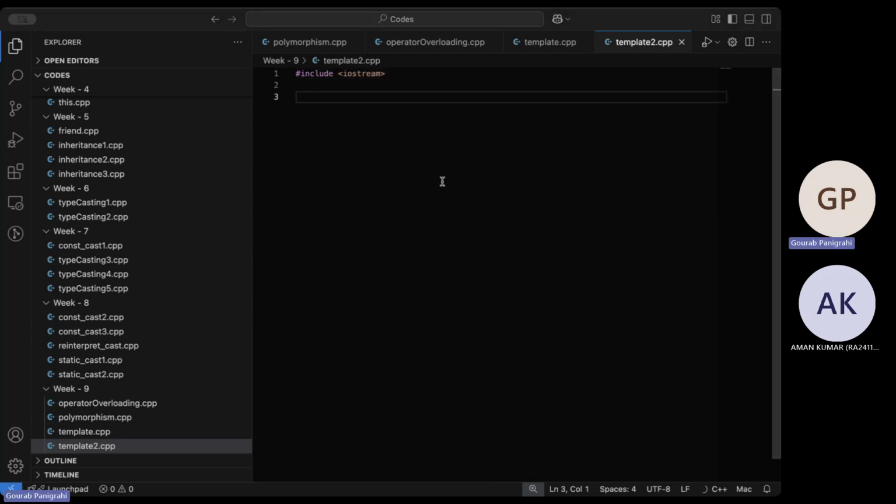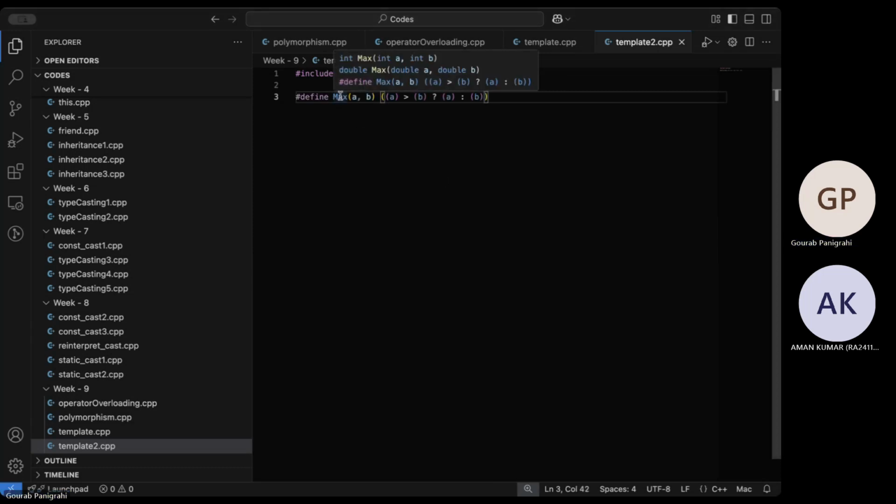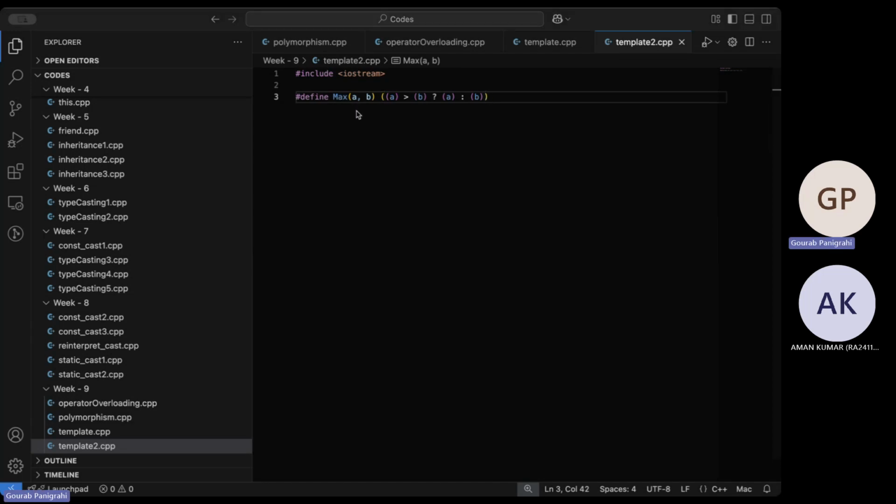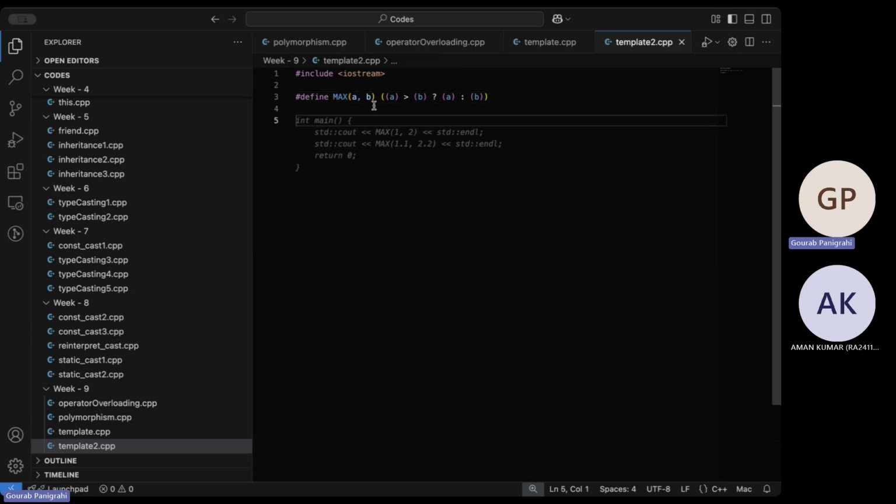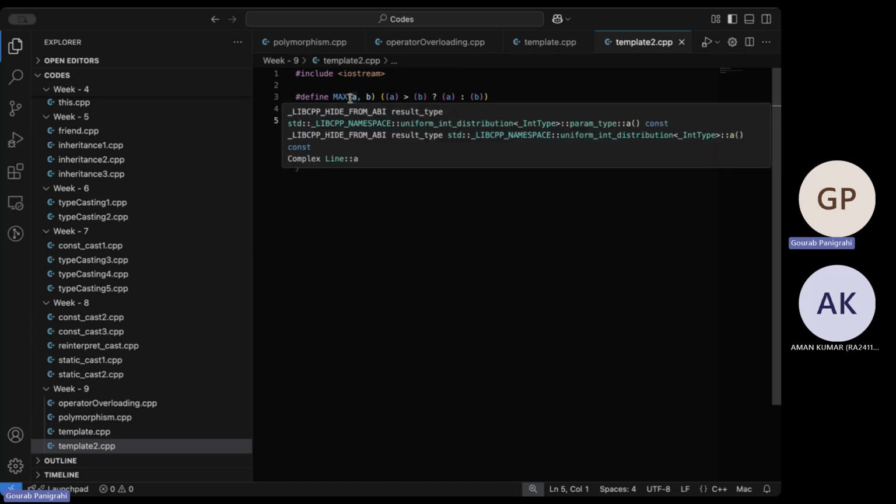Include the iostream file and use macros as defined. Yep, that's exactly the one I want. So instead of the max function, I'll have a macro called max. But maybe I'll not call it just max. I'll have it as capital MX.